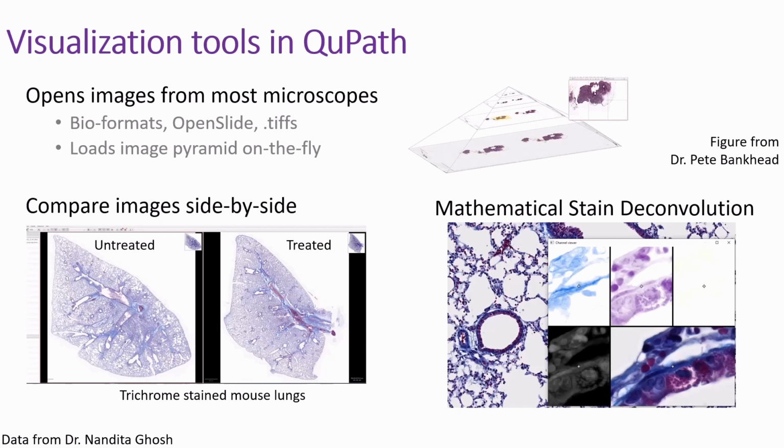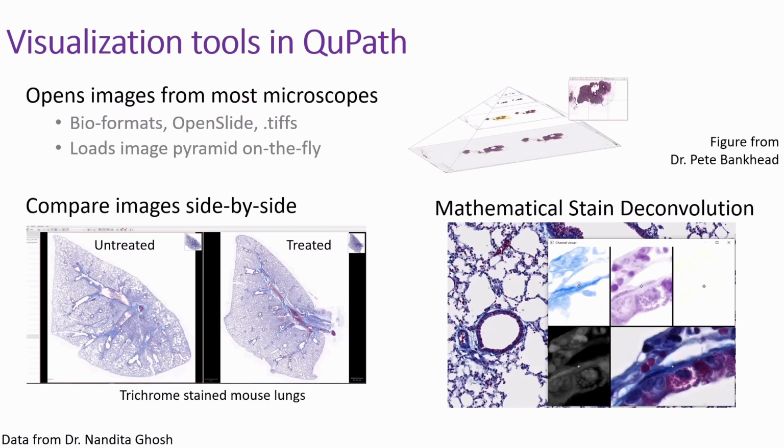of your computer. In addition, it has a multi-viewer where you can compare 2 or 4 or 20 images side by side. So in this case, we're looking at trichrome stained mouse lungs, and the mouse on the left has more fibrosis than the mouse on the right, and you can see that by just looking at the overviews next